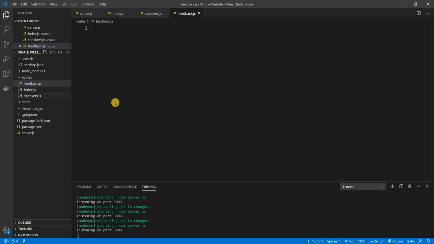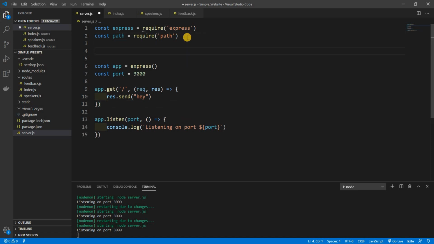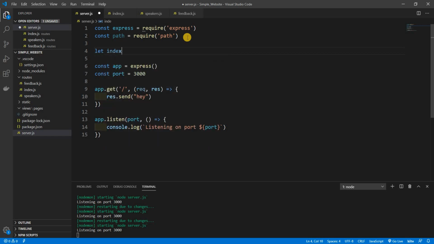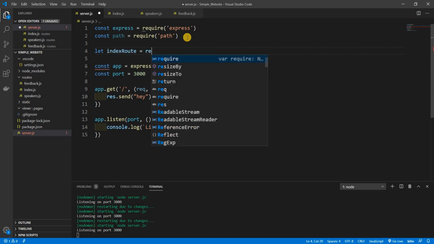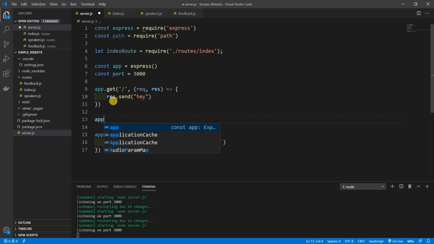Feedback.js. These are our routes. Now let's actually map them to our actual server. In here, we're gonna do it a bit different. A lot of people are used to saying, hey, let's get an index route, and we set that equal to require route and then slash index, right? And then down here, what you would use is app.use,